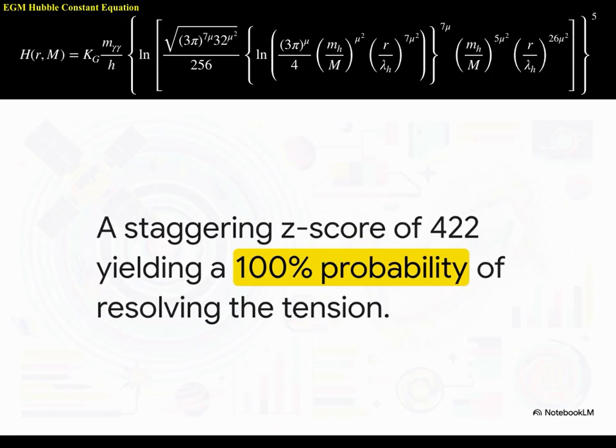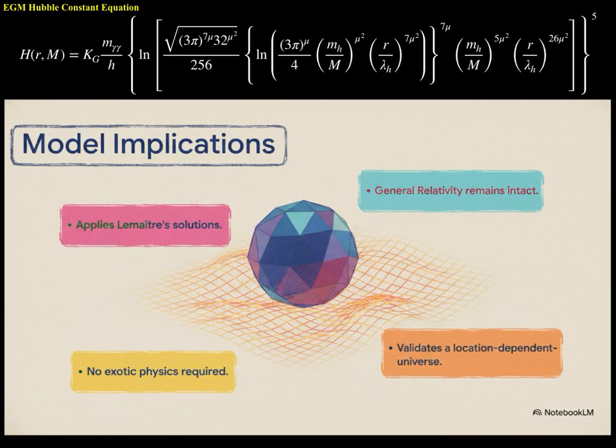So what's the big takeaway from all this? It's that our standard model of cosmology is perfectly fine. It just requires applying the correct spatial math that accounts for local gravity. General relativity remains completely intact. We don't need to invent exotic, wild concepts like early dark energy to fix our math. Instead, we just need to use the mathematical tools developed way back by Georges Lemaitre for an inhomogeneous universe. We have to stop pretending the universe is perfectly uniform on a local scale and embrace that space-time is dynamic,